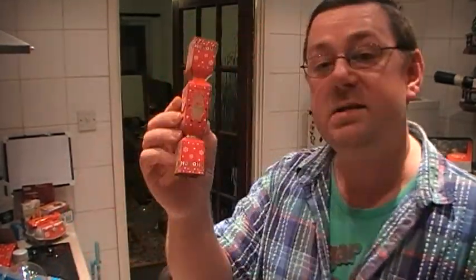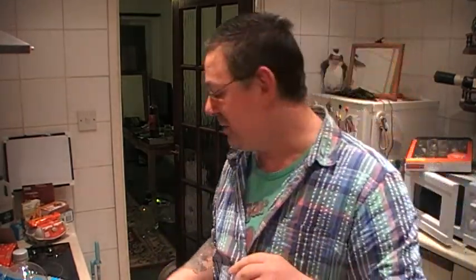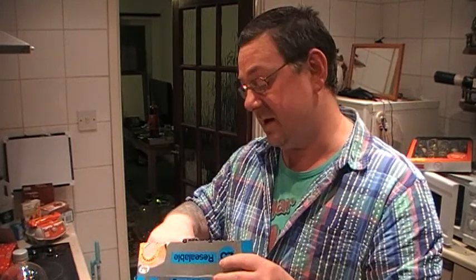And you've got lots of choices to fill up and get your money's worth out of these crackers, because you didn't get a lot in here. And so yeah, it's the gift that keeps on giving. You save the toys from last year, put them in next year's crackers, and then you save those toys again for next year and the next year. And to start you off,